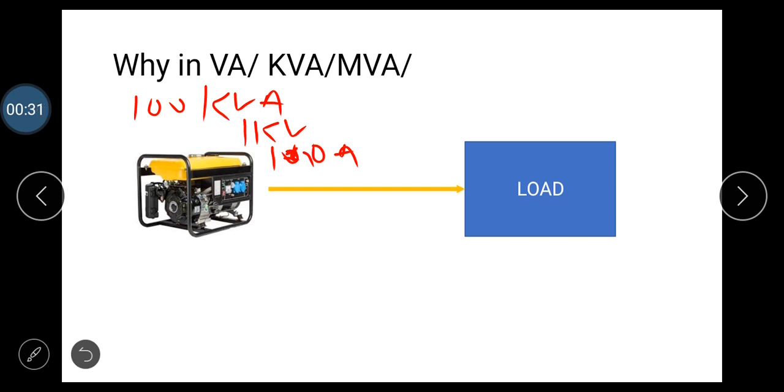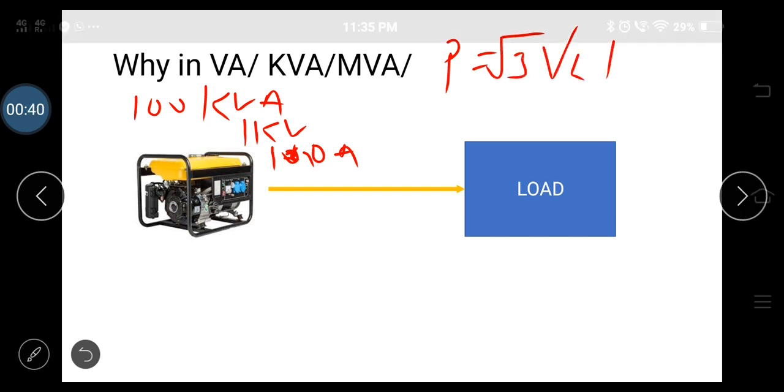So it's going to deliver a load. The load power we can calculate as P equal to root 3 VL IL